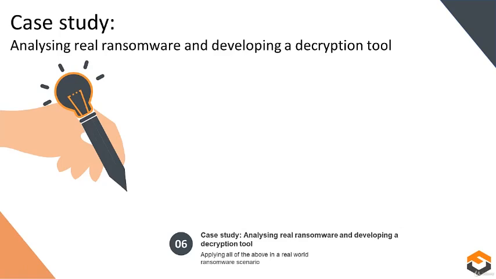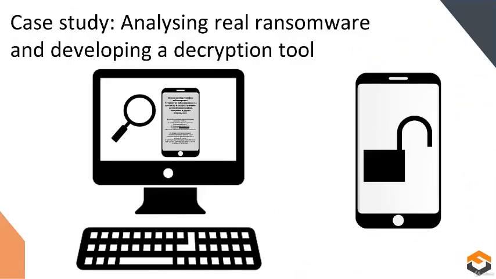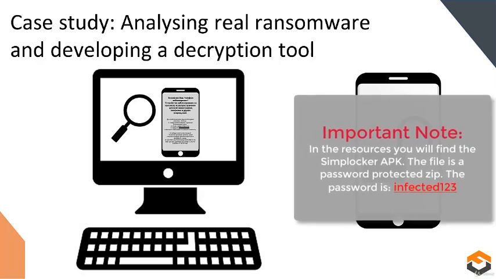In this section, we will take the techniques that we learned during the analysis section and apply them to a real-life ransomware case. The malware we will be looking at is SimpLocker. This is a standard ransomware sample that prompts the victim with a warning screen telling them to pay a ransom to restore the device. In the background, SimpLocker encrypts the files on the device storage. By reverse engineering the malware sample, we hope to obtain a good understanding of how the files are being encrypted. This will allow us to create a decryption tool that decrypts the encrypted files.